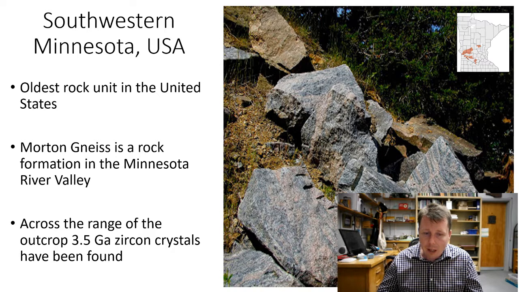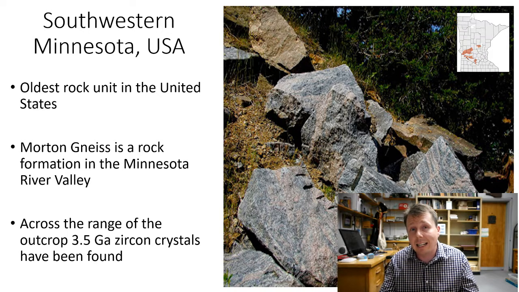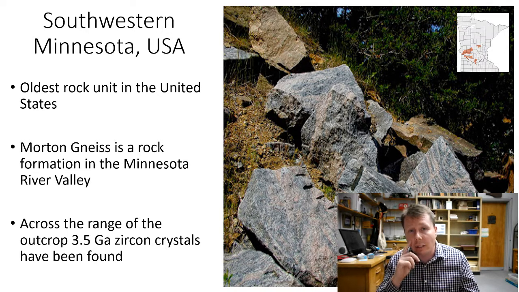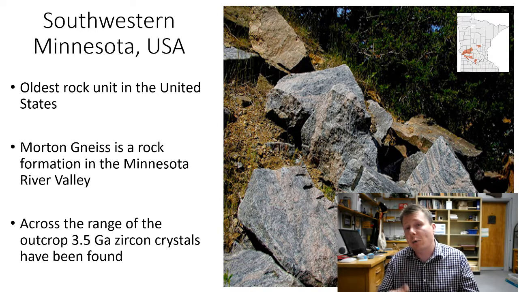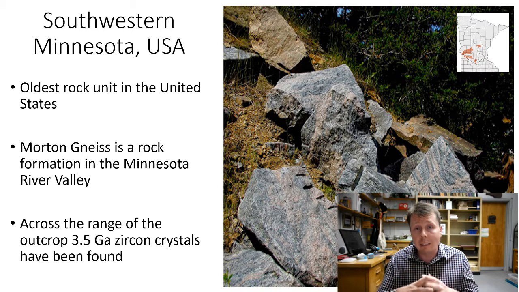So, very, very old rocks, and you can see actually where they outcrop in Minnesota in the upper right-hand side here. I do also want to say I think there is a very small sliver of northwestern Michigan that might also have these. But this makes a lot of sense given what I just told you with the Canadian Shield, what we call a craton, the nucleation point that our whole continent built off of.